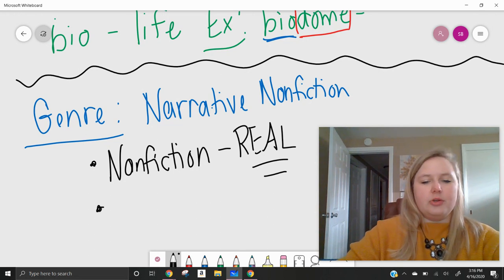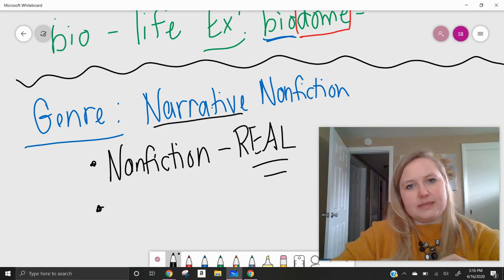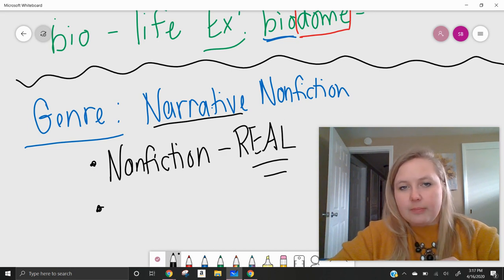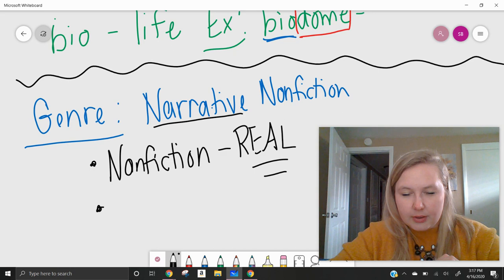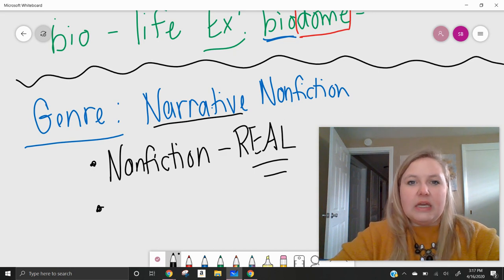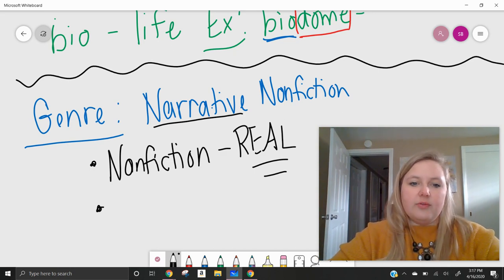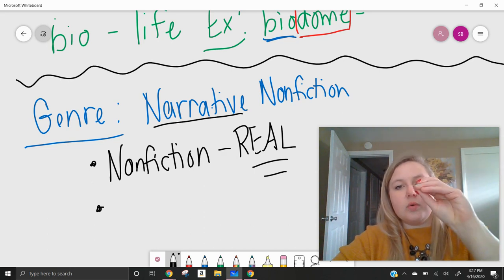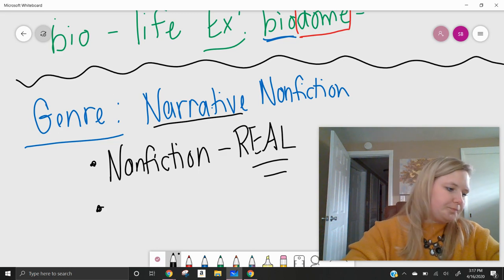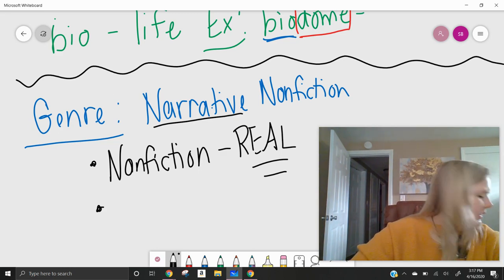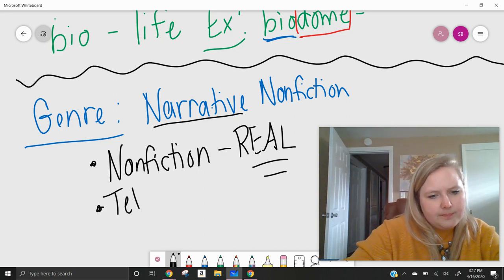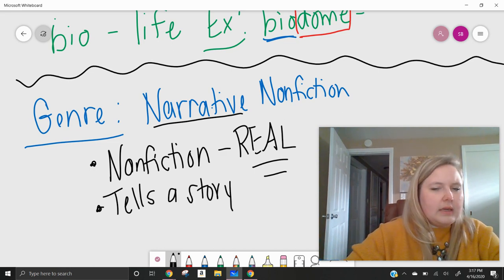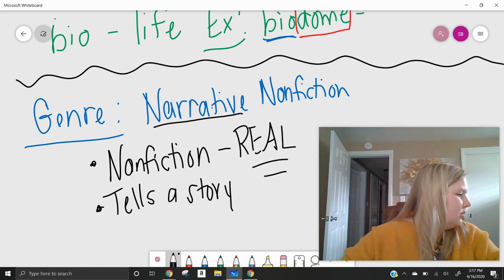The other part I want you to look at is the narrative part of this, okay? The narrative part. Narrative means a story, all right? So if something is a narrative, it's a story. So narrative nonfiction, it's nonfiction, but it's told in a story format, okay? So we're going to put tells a story. Which means that it also includes